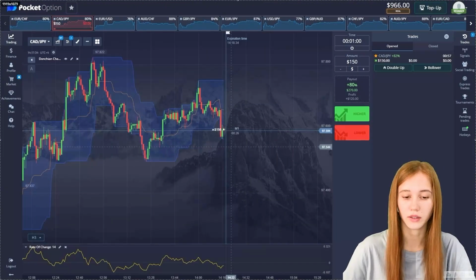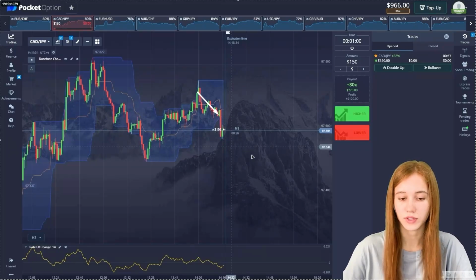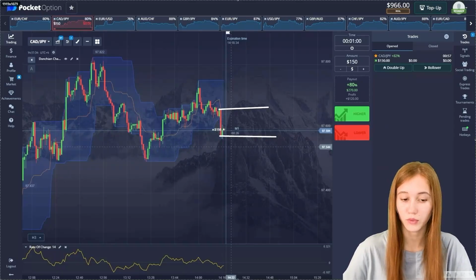First, we're in the lower range in Donchian channels. So we see we are below the average line in a slight drawdown. Further, if we choose a resistance area and a support area, we'll most likely move towards the resistance area. Therefore, we opened up